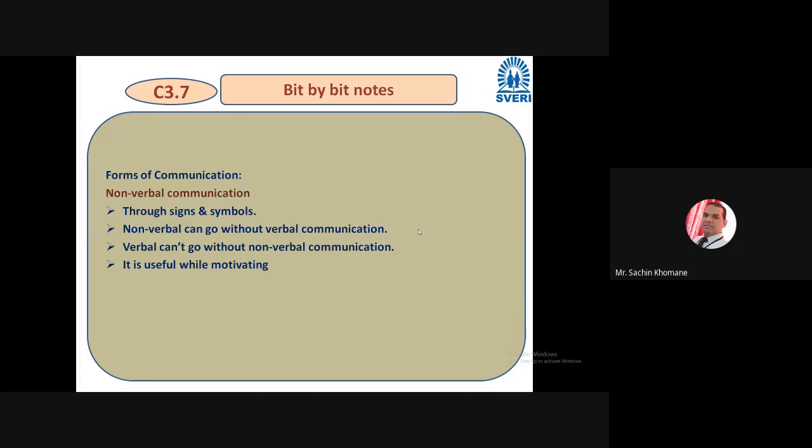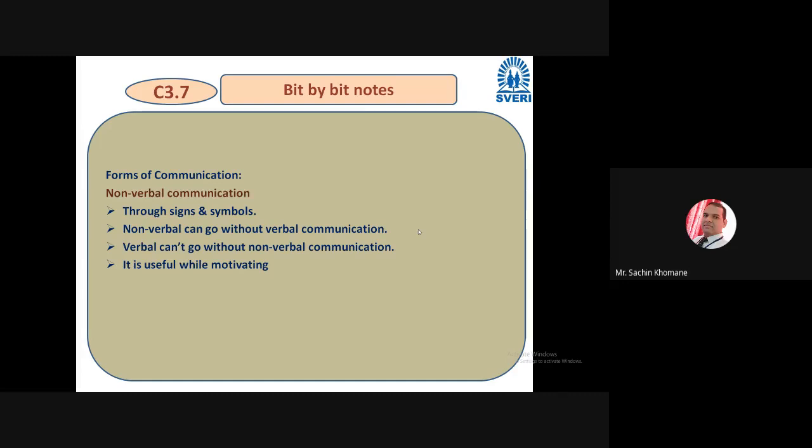People use signs and symbols, gestures, postures, and they try to communicate messages with people. Generally, motivators use this kind of non-verbal communication most of the time, especially while motivating, right? So this is also